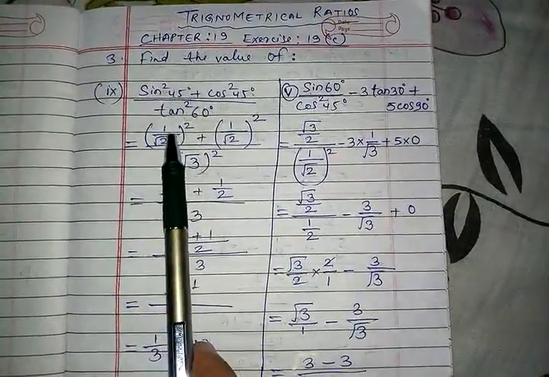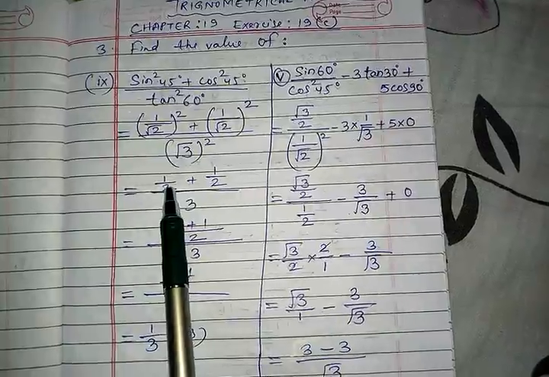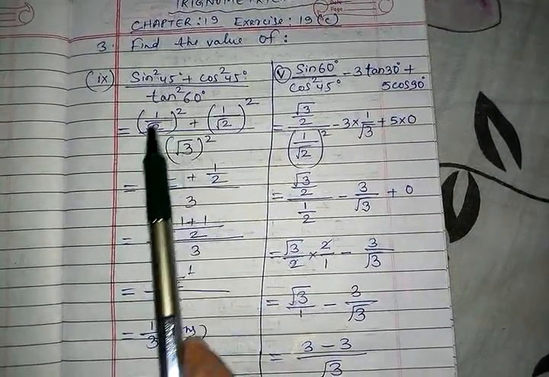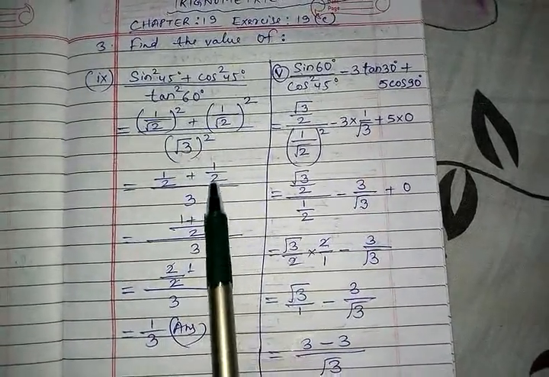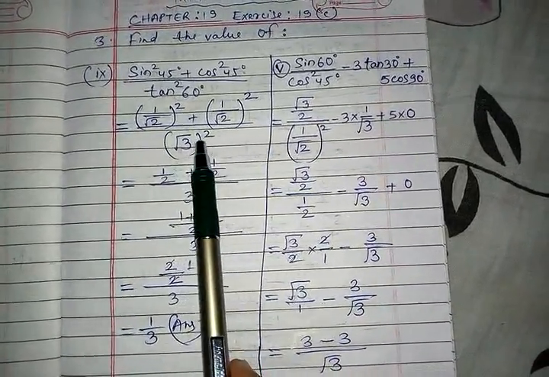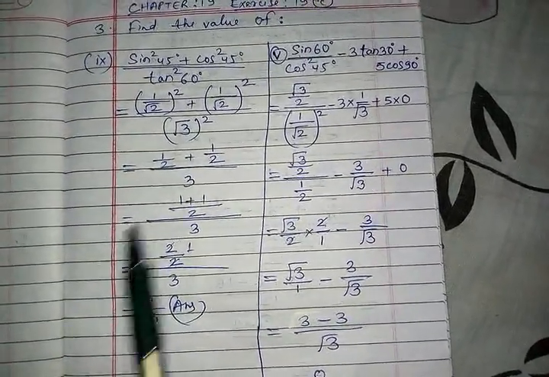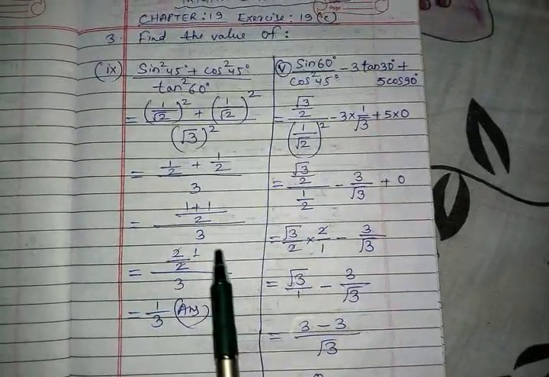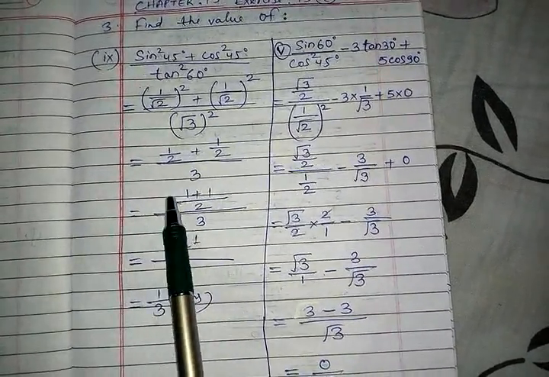Now 1 square is 1 and root 2 square is 2. I have told you, whenever there is a root, the root and the square will vanish, only the number 2 will remain. Same thing, 1 by 2 here, and root 3 square, the root and square will vanish, so 3 will remain here. As we all know, 1 by 2 is called half. Half plus half is 1,